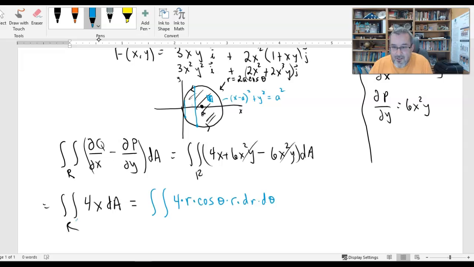I want to do dr first. R in polar coordinates is from the origin out to wherever you want to go. So r would be 0 to something, in every case. What's the something in every case? Well, the something is r equals 2a cosine theta. So r is going to vary from 0 to 2a cosine theta, while theta varies from,